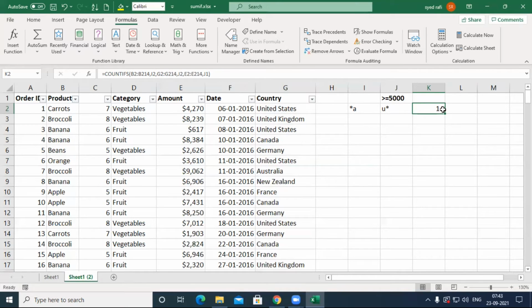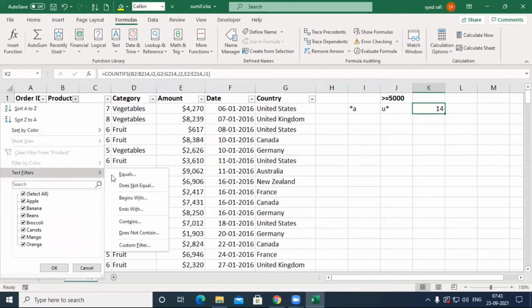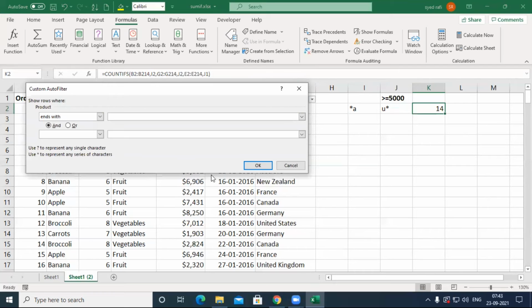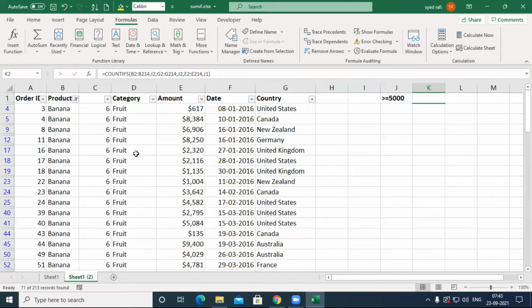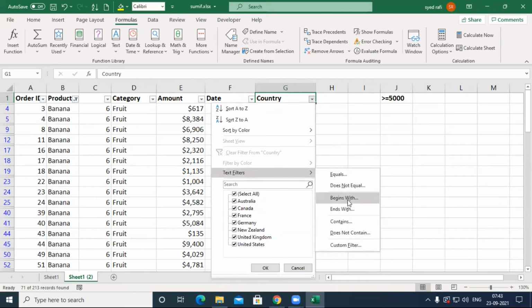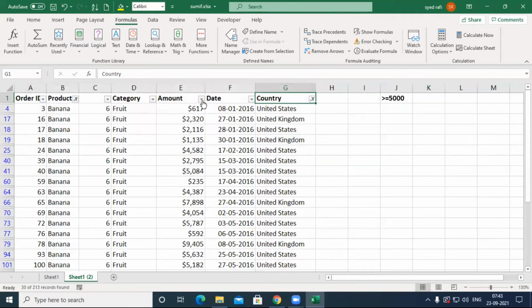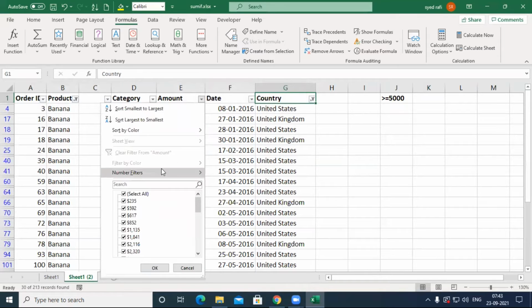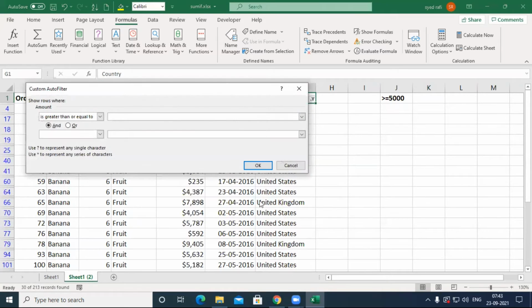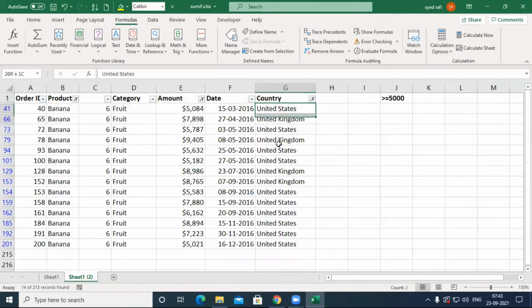Those are 14 records. Let's check with the filter: product text ends with A, okay; country begins with U, okay; and here number greater than or equal to 5,000, enter. Now you get the same answer, 14.